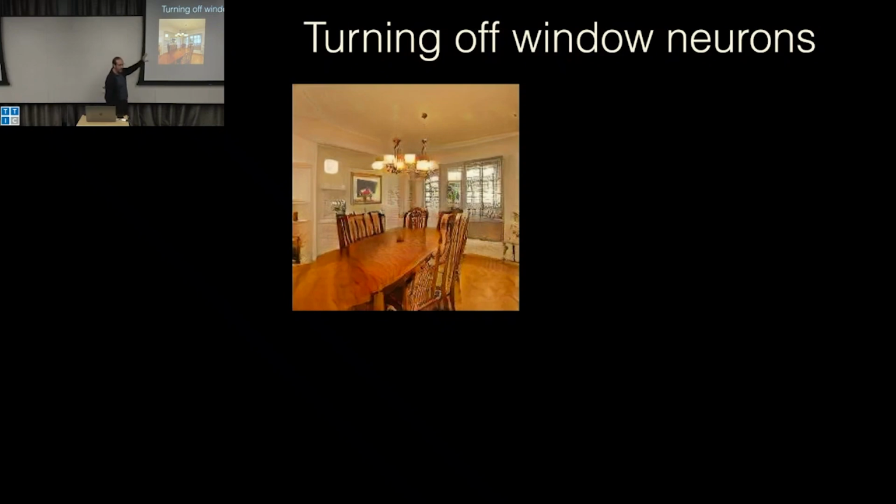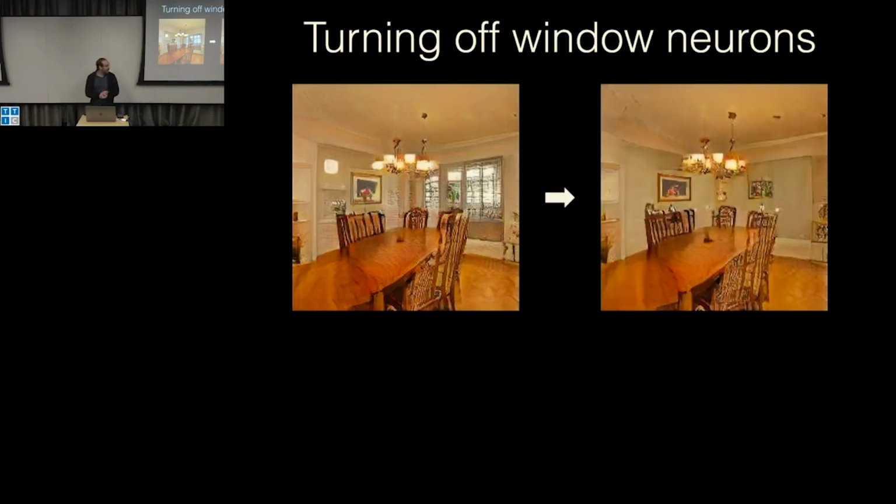So now one thing that you could do is you have a picture that is generated by the GAN, and then you take all the units that you have identified as being responsible for drawing windows, you turn them off, and the window disappears, and instead a wall appears. That was pretty spectacular to us at the time, because you are modifying the activations in a way that is not natural for the GAN. This is not something that is within distribution, so you could have imagined that here there would be just some noisy pattern appearing or something like that, and instead you put a wall with a painting, with some abstract art, or whatever it could render. So it was quite interesting to see that this was doing something contextually coherent.